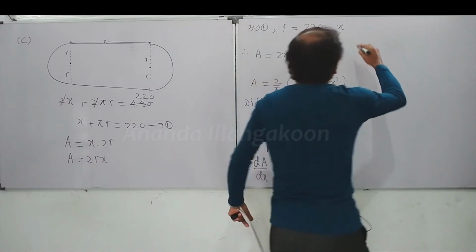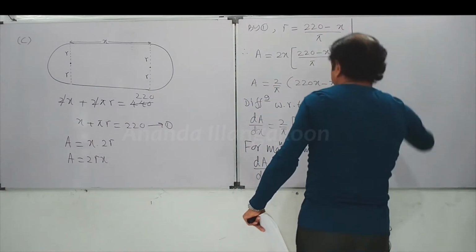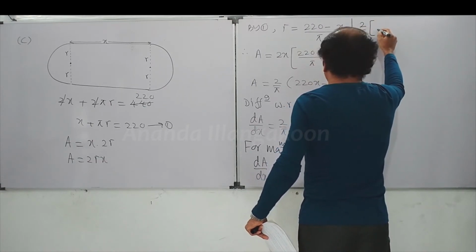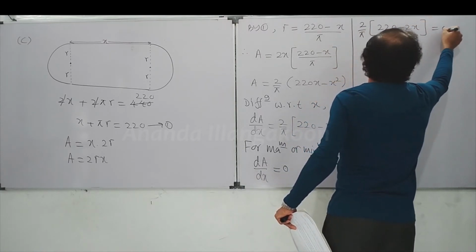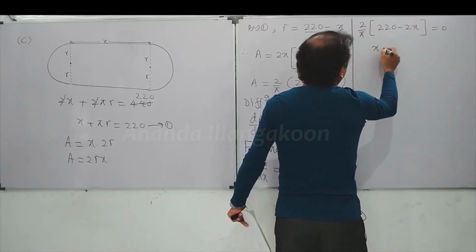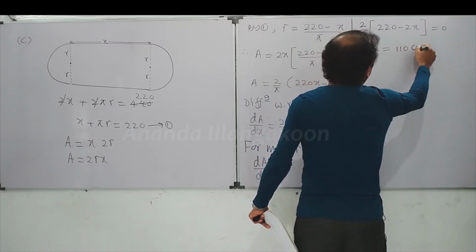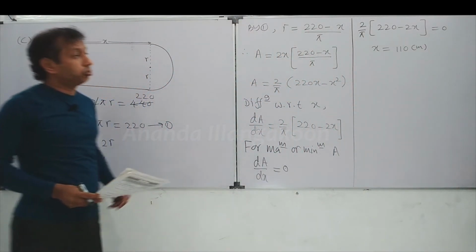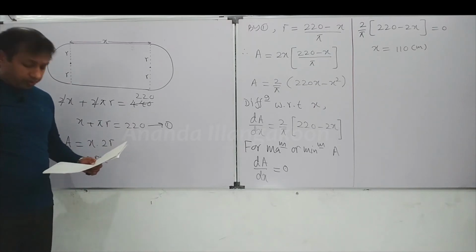Thereby you get 2 upon pi times (220 minus 2x) equals 0. Then this must be 0. This gives x equals 110 meters. Okay, now we have to verify that at this value of x,